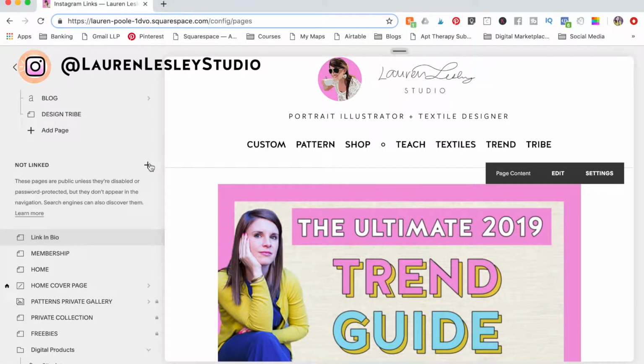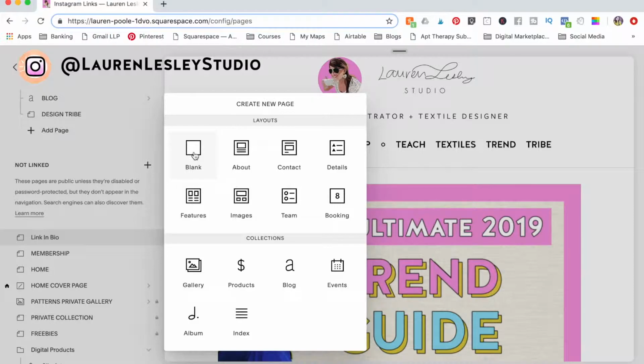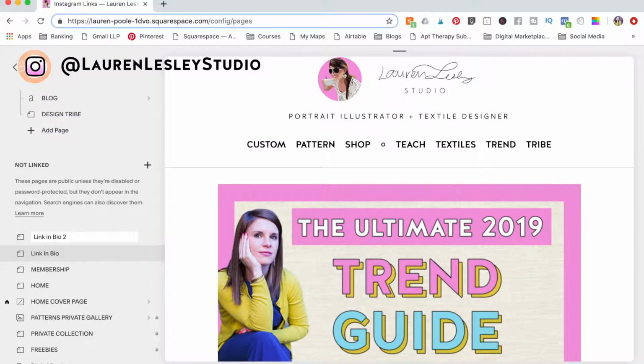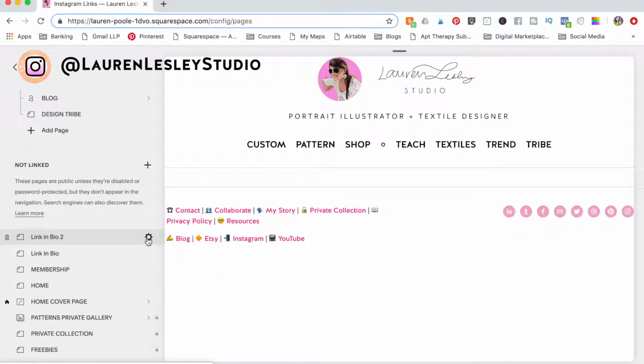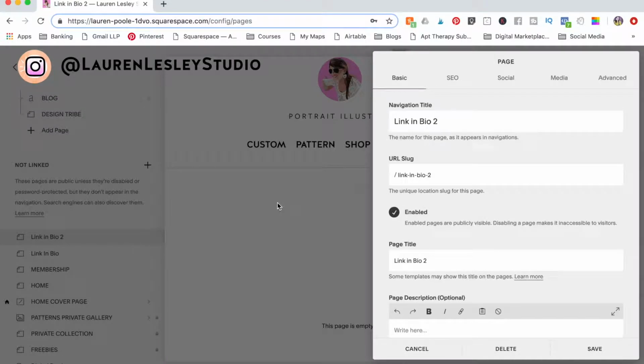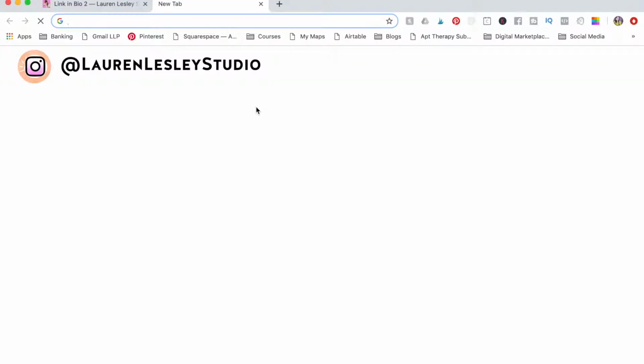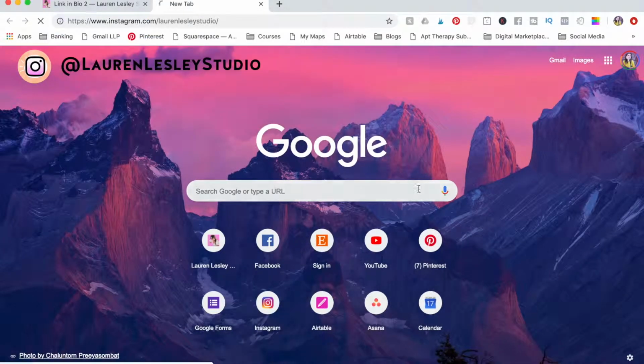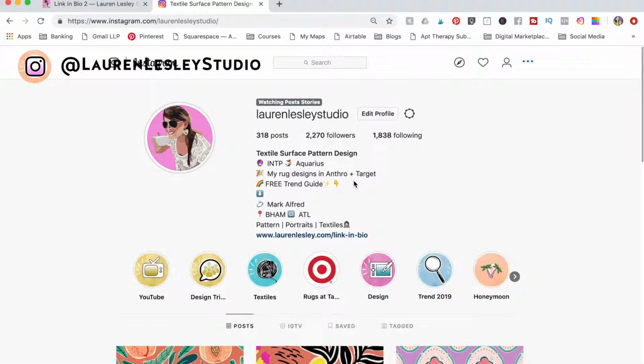Okay, so we're just going to create a new page. I like to start with a blank page, and I'm just going to call this link in bio 2. So then I like to make sure that my slug is what I want it to be. It's going to go on Instagram. So for example, let me just show you my Instagram page really quick. So you can see here it's